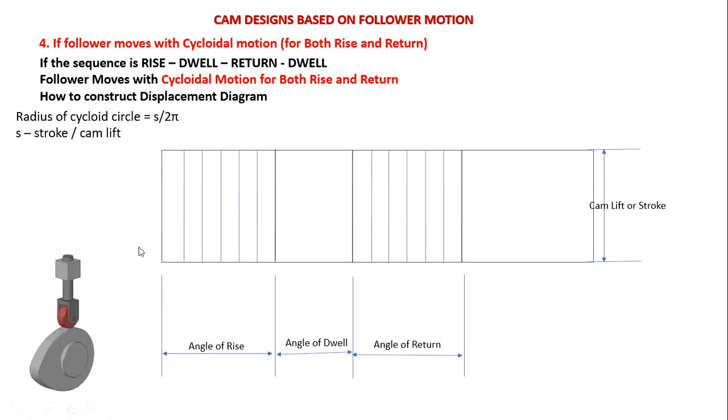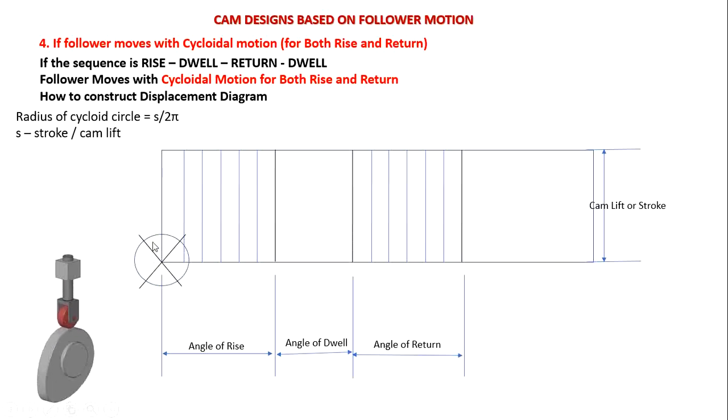So for that radius we have to draw a circle over here like this and divide this circle into 6 equal parts. Instead of dividing into 6 equal parts, draw a line at 30 degrees from this vertical and extend it. Similarly 30 degrees from here and extend it. So this will be 60 degrees. So automatically this will be divided into 6 equal parts. So 360 degrees by 6 gives 60. So 60 degrees each will come.